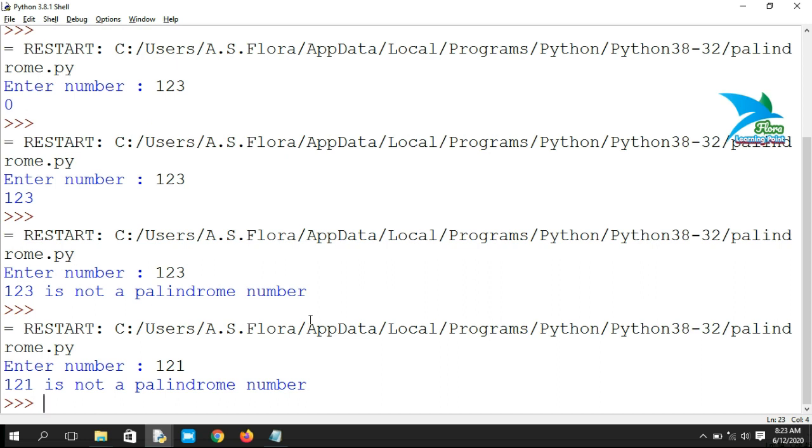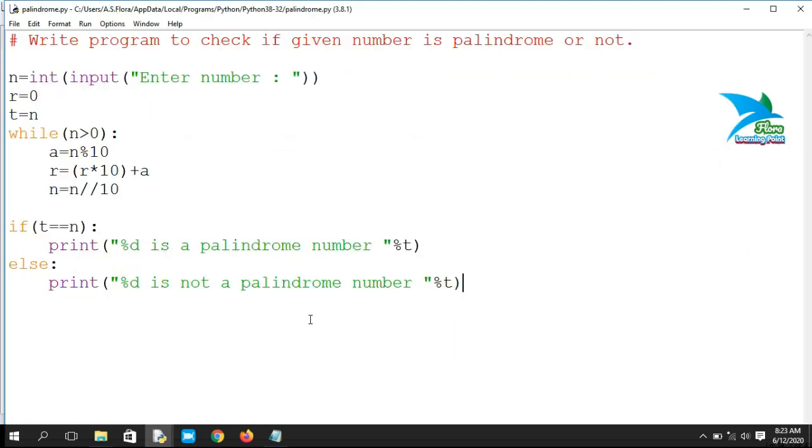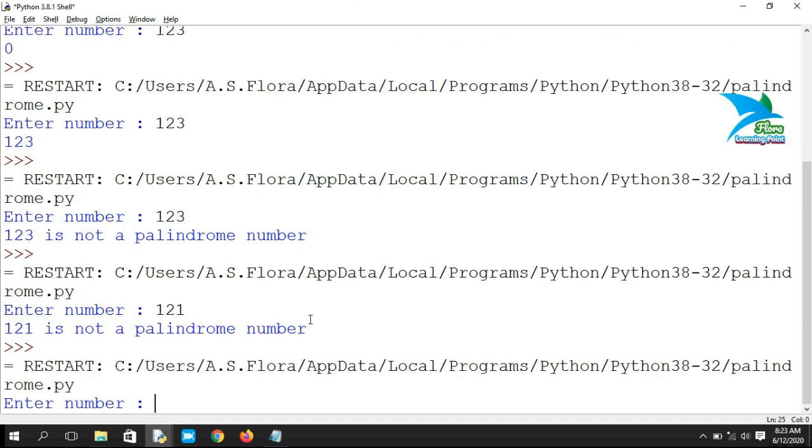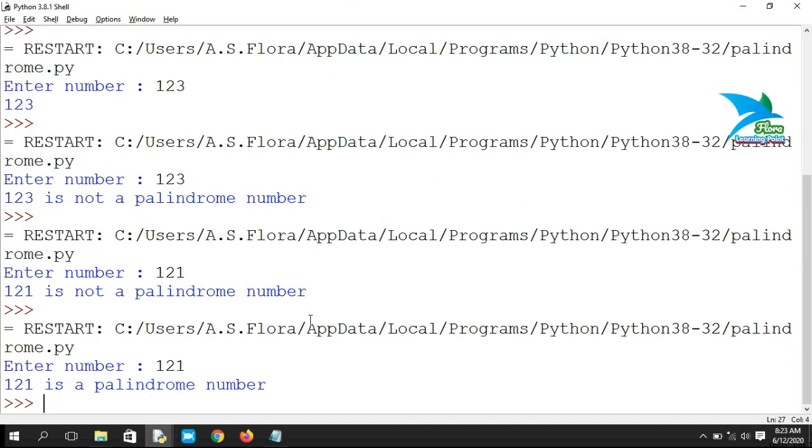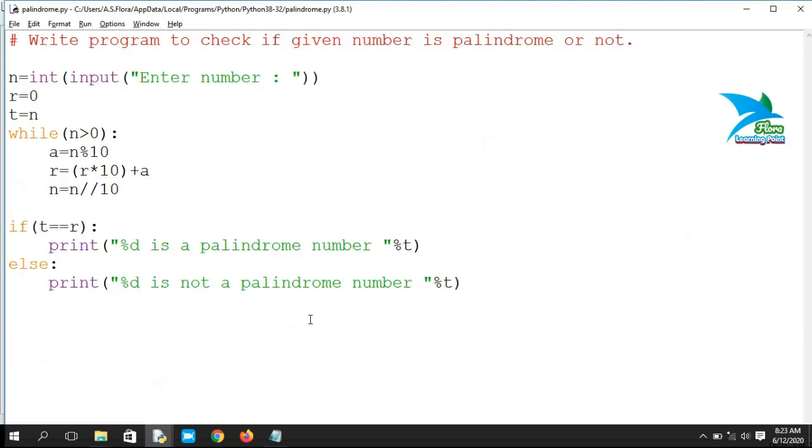But it says 121 is not a palindrome number also, so that means we are having some kind of problem here. We have to compare t with r. That was the actual problem. So now 121 is a palindrome number.